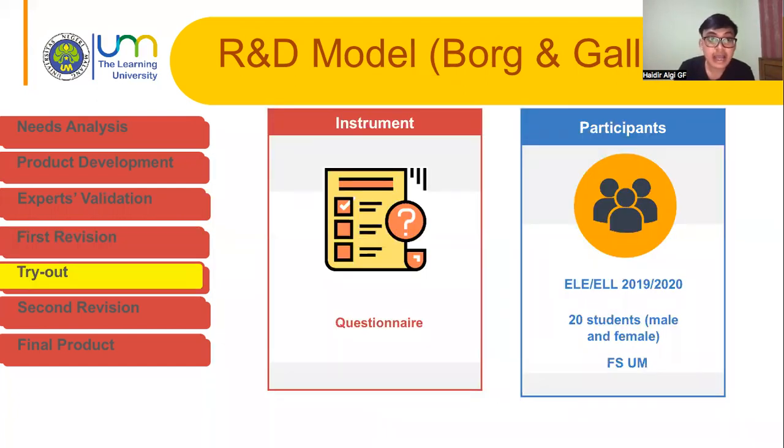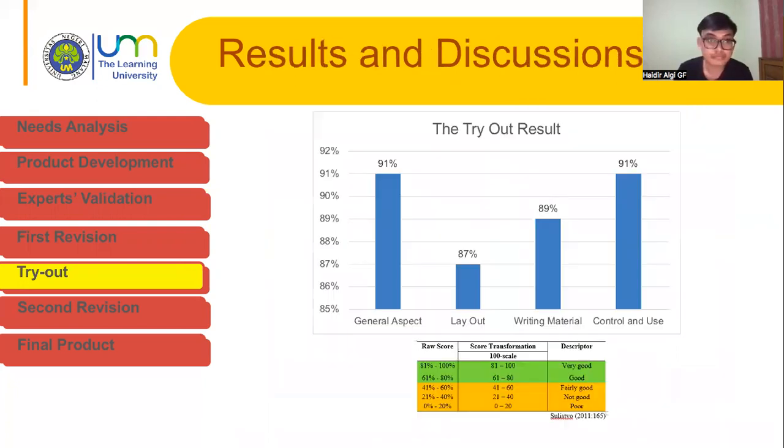After that, I conducted a product tryout for 20 students selected from 50 respondents randomly. This number is ideal enough to represent 10 samples from one ELE class and 10 from another ELE class. The product tryout for target users had 4 leading indicators, and the testing result shows that all of those factors are excellent quality and satisfying.